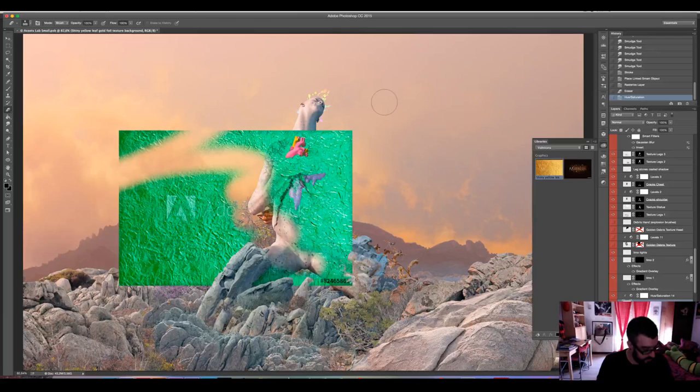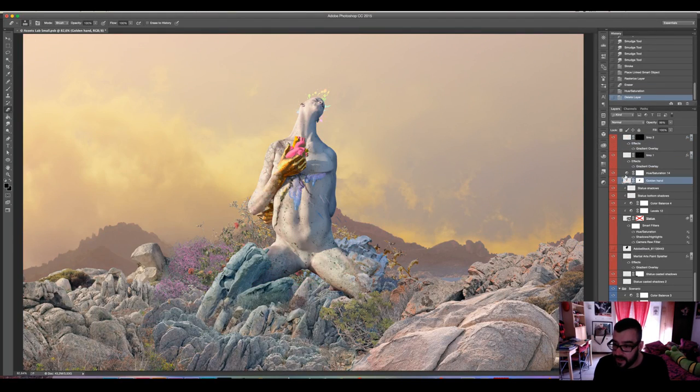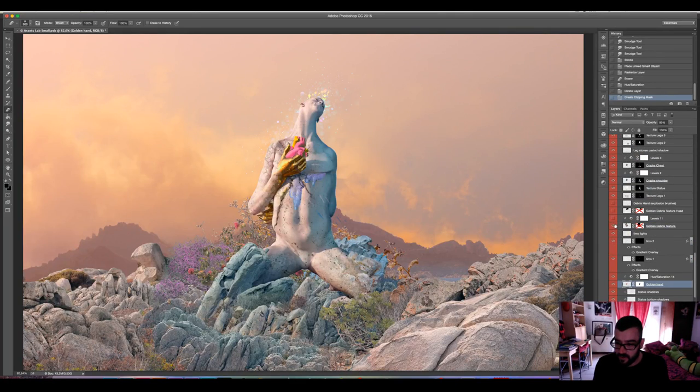So let's see, we want to send this to a client, and the client says, okay, I like it. Well, I hope he doesn't like this. So we just have to right-click here and license the image, and it will substitute the low resolution copy with the original resolution one, and we don't need to redo everything else. It's pretty easy. So I'm going to show you the several layers I used from Adobe Stock to complete my illustration.